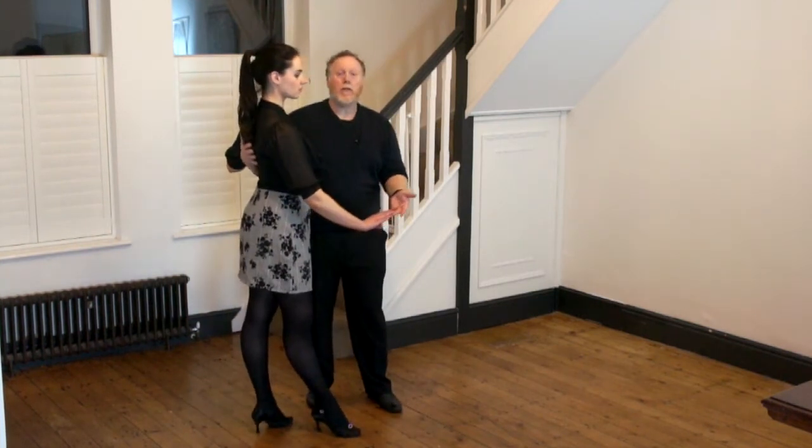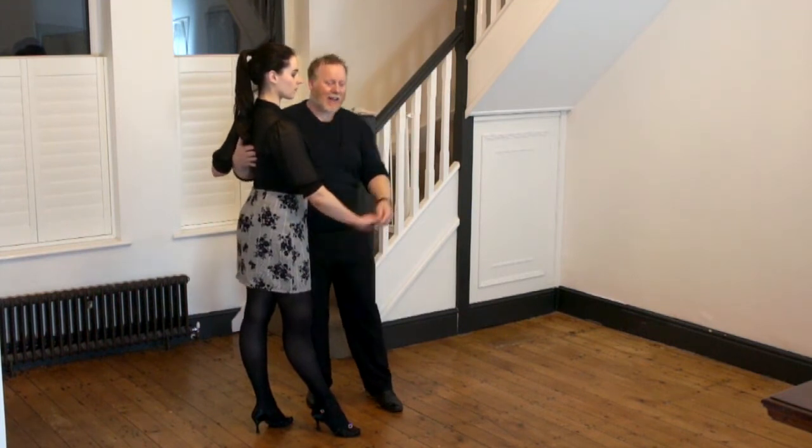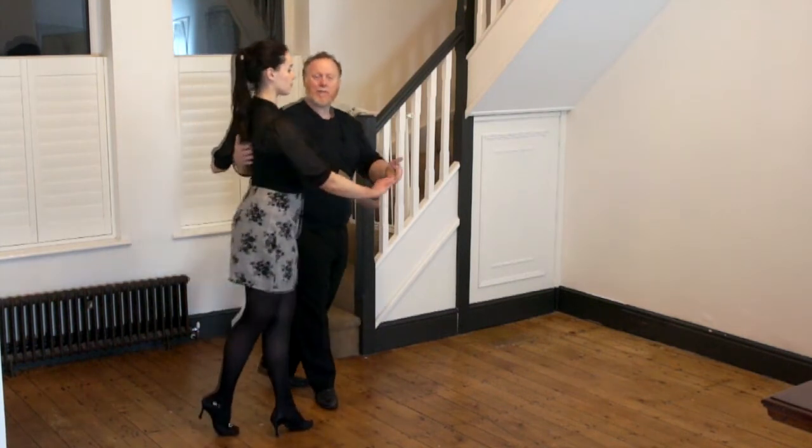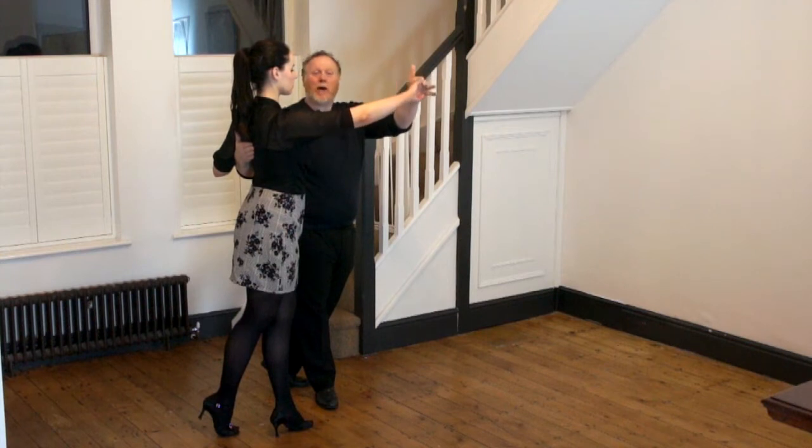Okay, let's take a look at the very basic turn of the rock and roll. So from our hold, starting with the back step, because that's going to initiate all of our basic moves, we're going to get ourselves set. And a back step. So from here, leads, you're going to be raising your hand up to let your partner know that the turn is being initiated,